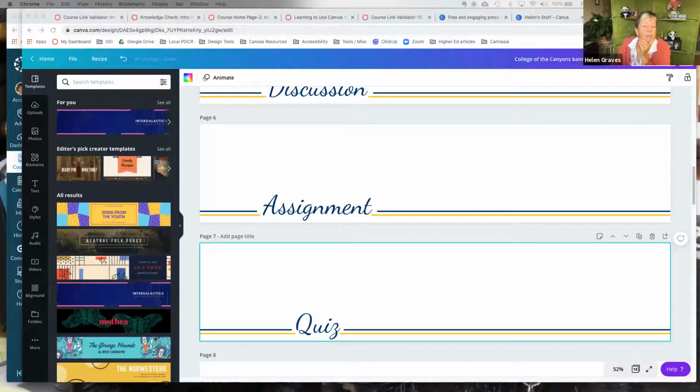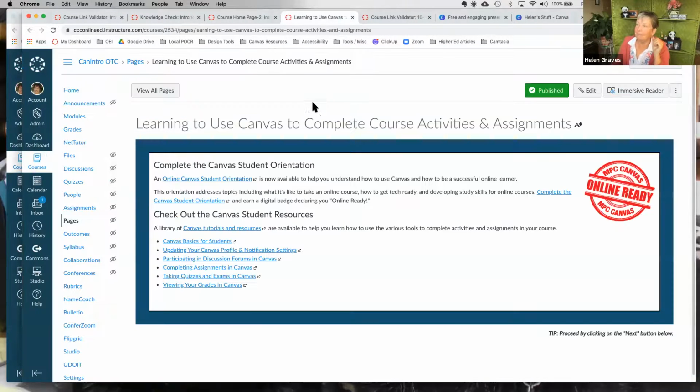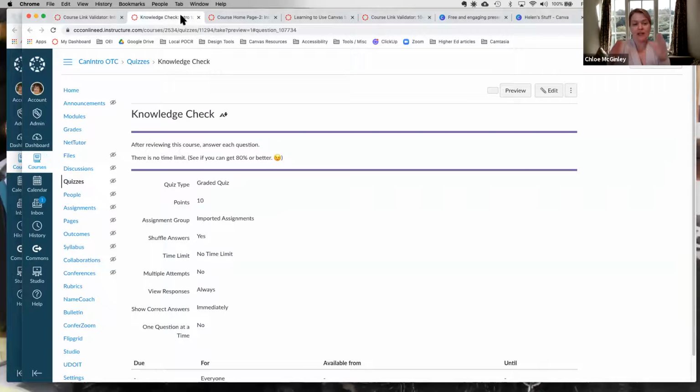Any other questions? Yes, Chloe, go ahead. You're muted. Hi, Helen. Do you have a suggestion for when you're embedding a picture into your Canvas page? You know how you said you like it to go all the way across? A lot of times I'll worry that I've made the image too large or too small. Is there a way that you can set it so that it auto adjusts in Canvas, or do you pretty much just have to choose a pixel amount and go with it?